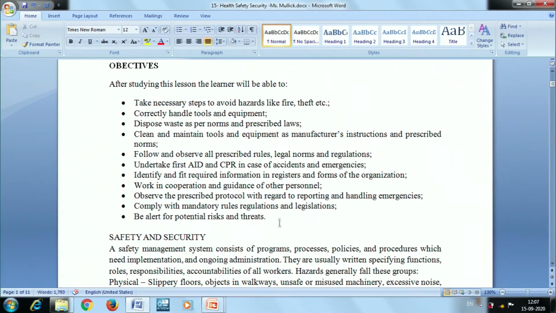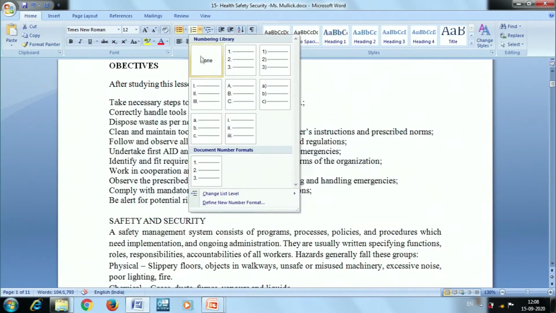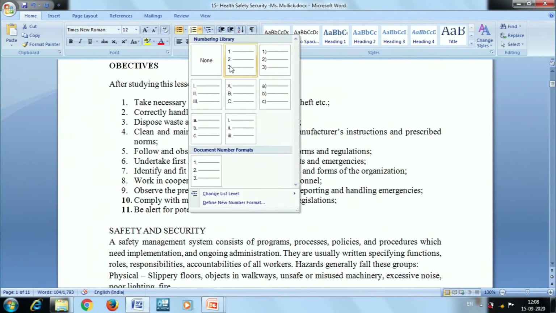If I want to change the bullets to numbers, meaning I want to put it in sequential order 1, 2, 3, then I have to use the numbering option. Here the different styles are there. I can use 1, 2, 3, or if I want to put capital ABC or Roman numbers, or small abc, or a with a bracket.